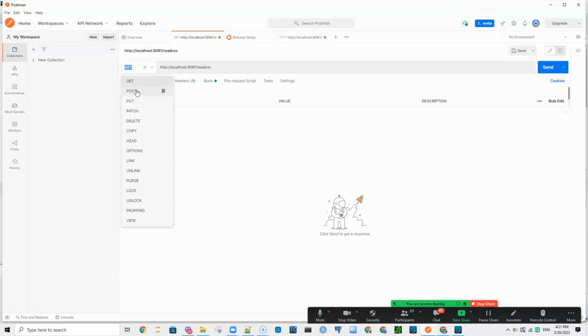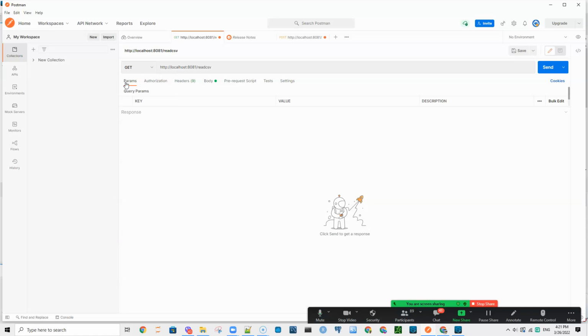Like get, for example, because I want to get the data, I use get for getting the data. If I am to send, then I have post and put, or if I am to delete, I have delete and so on. Mainly the most common ones are get, post, put, patch, and delete. I have included in the slides what each one of them is doing, but now we